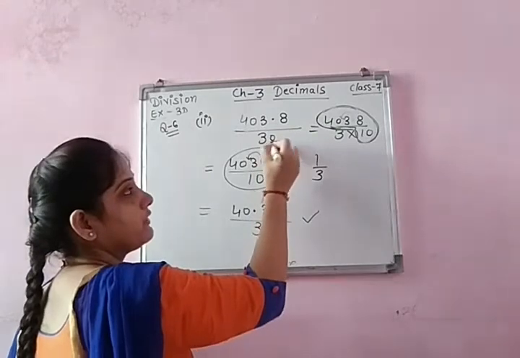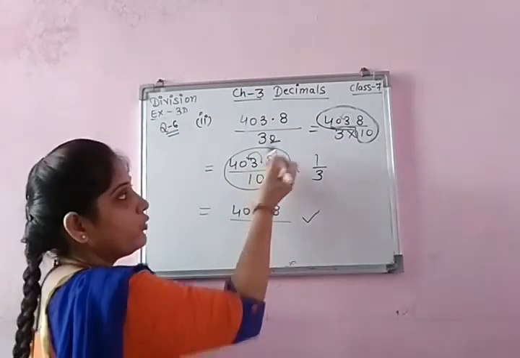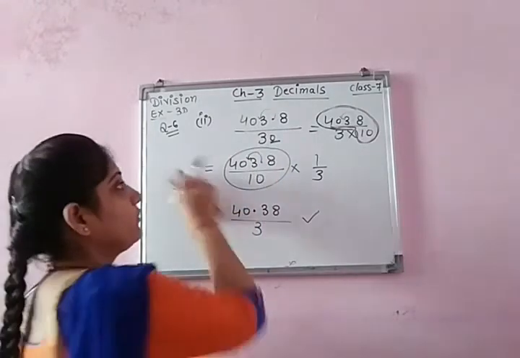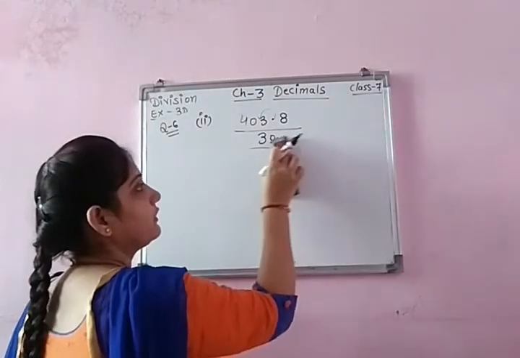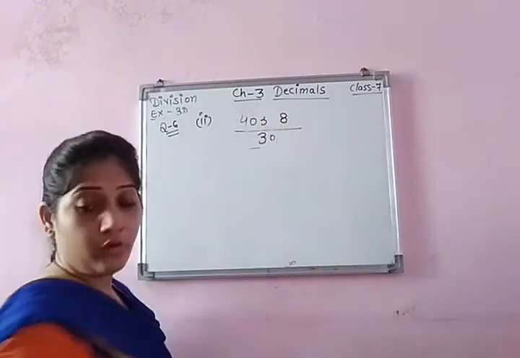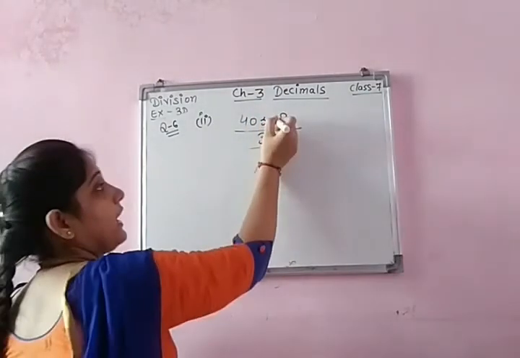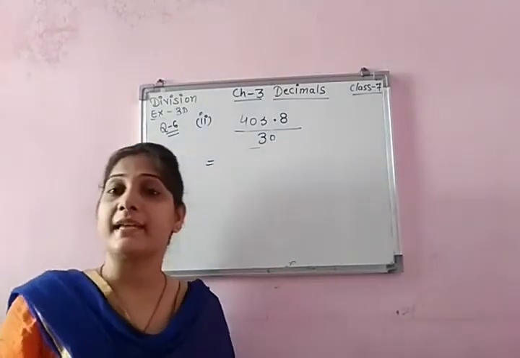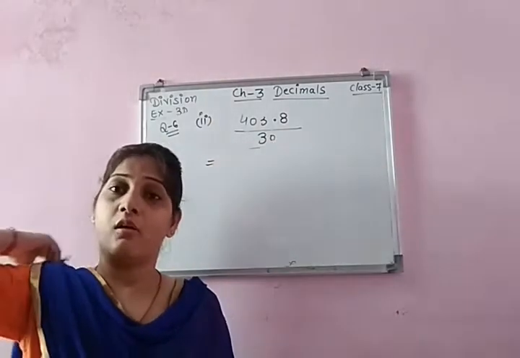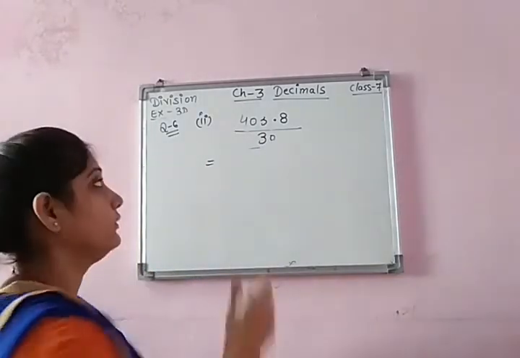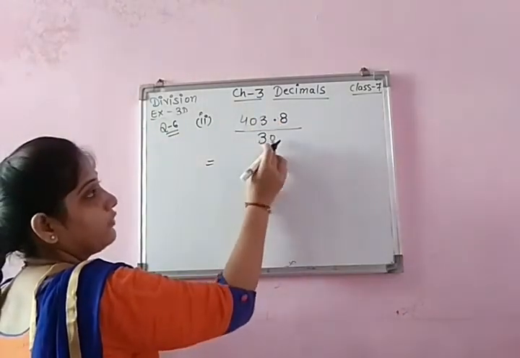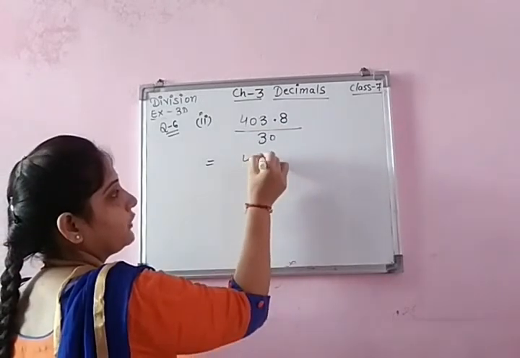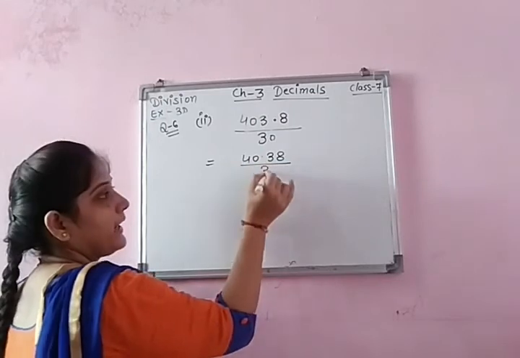What you have to do, children, look at how many 0s are there. 1 zero. So you have to shift this point here. So it will directly give you the number which we want. Look, I mean to say that first you have to modify the number which is given to you. If the denominator has 1 zero, 2 zeros or 3 zeros, I want the zeros to be removed from here, so I have to shift this point to the left. So 40.38 divided by 3.